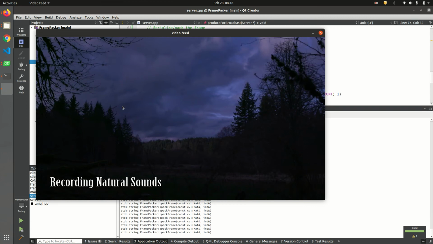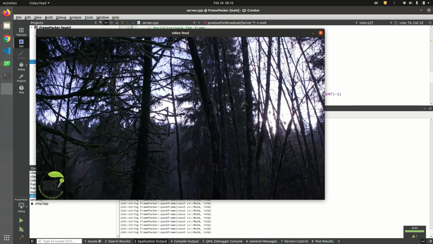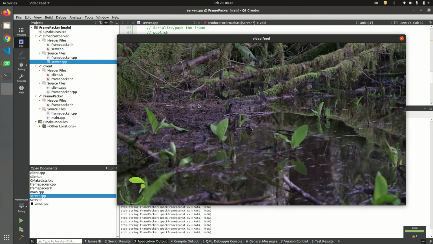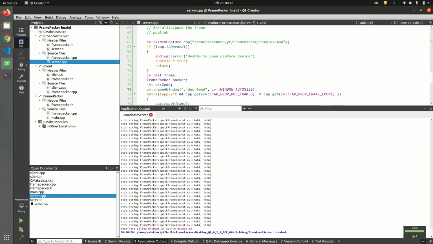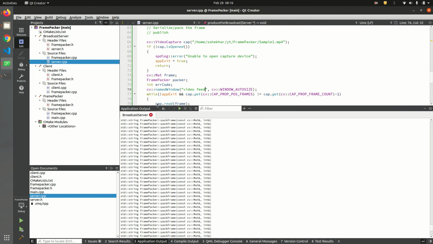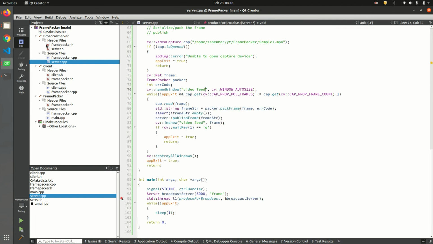And we can quickly jump into it. Yeah, we are doing this and we don't have any secondary window, and we can see that it is playing. Obviously you can see here that it is doing the pack frame, so it is trying to throw things over there. Anyway, click on run in terminal,